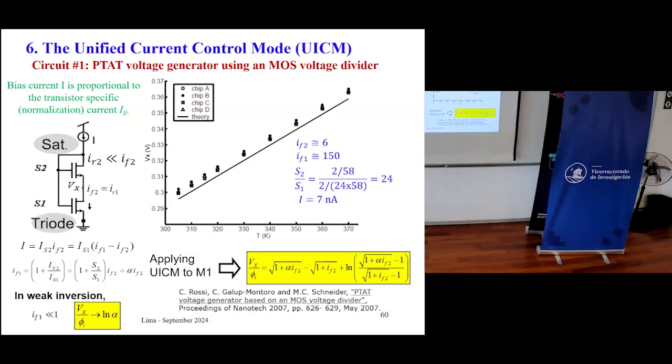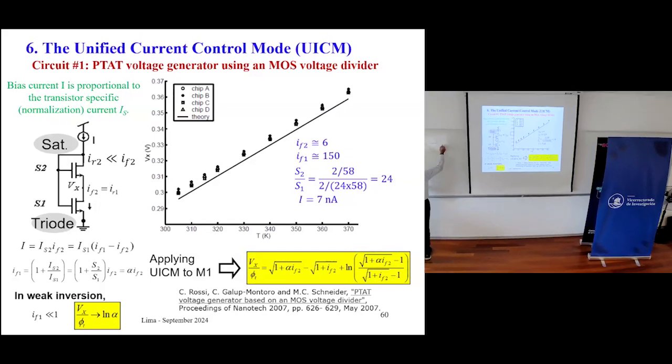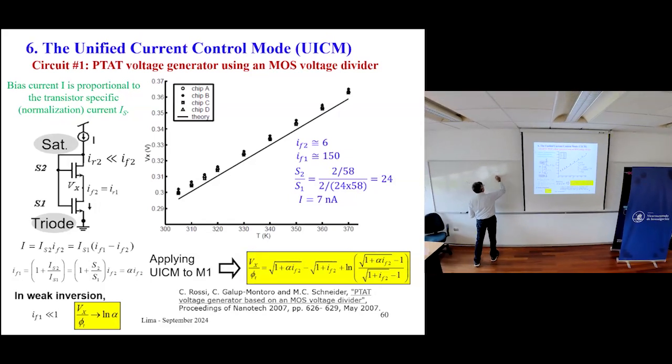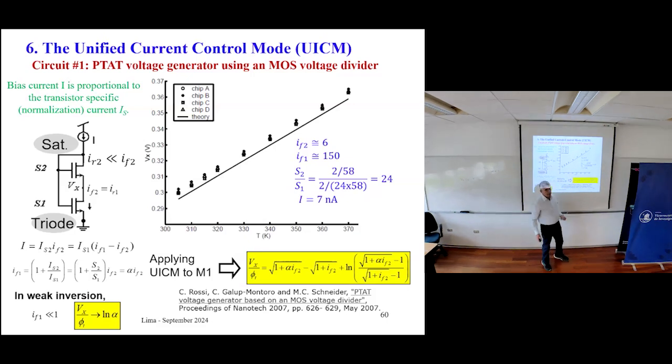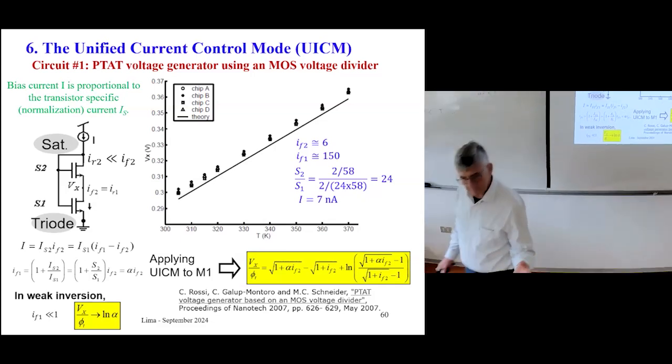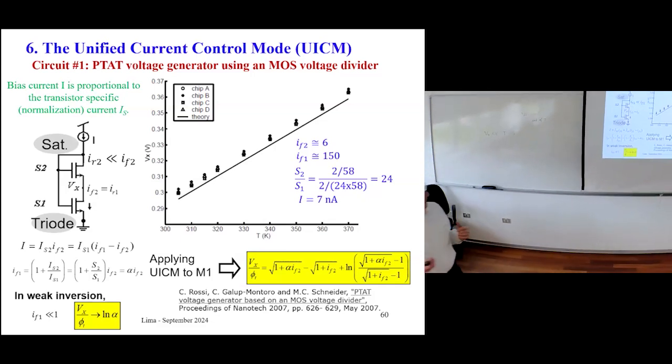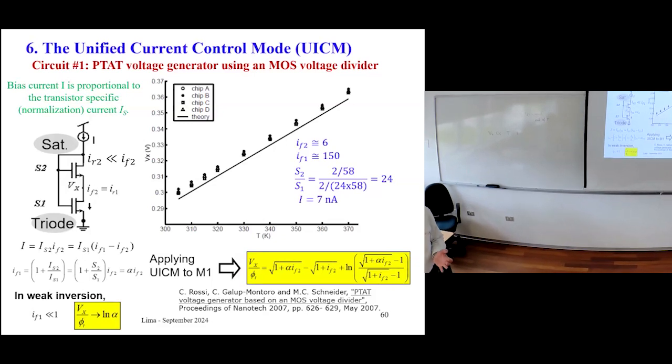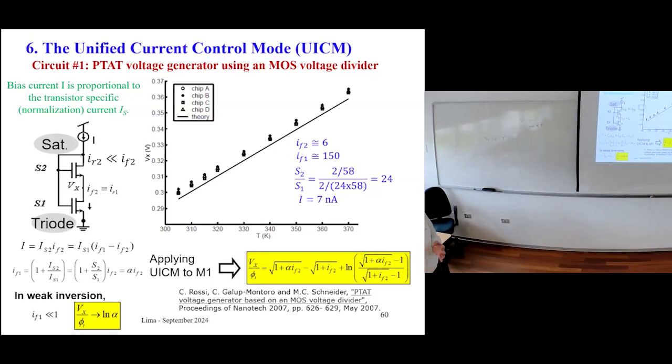If IF2 is independent of T, then this expression gives a term proportional to the temperature. This term is independent of temperature, so you have Vx proportional to phi t. So why am I explaining this? Because we have means to generate